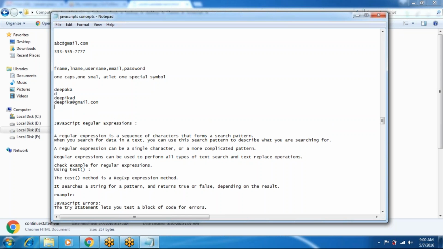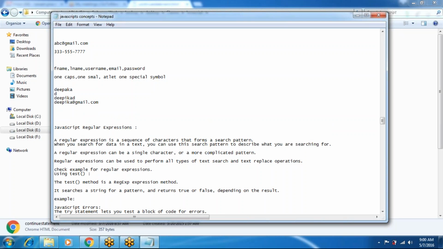And the password must have at least one capital letter like D, the rest small letters like Deepika, and a special symbol, so you can use a special symbol like this.